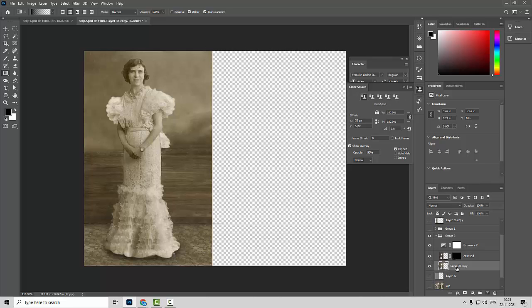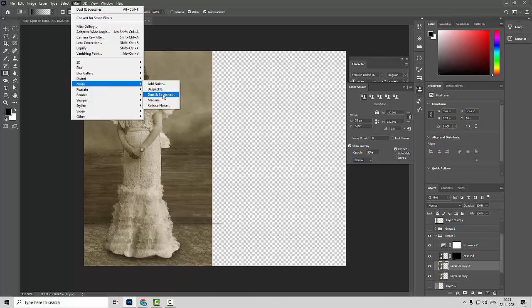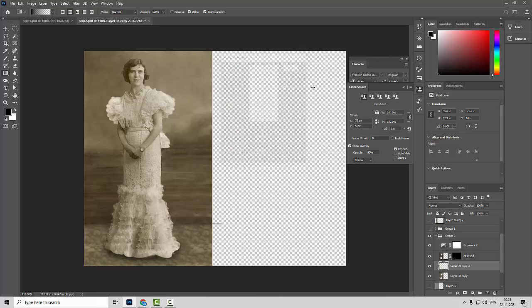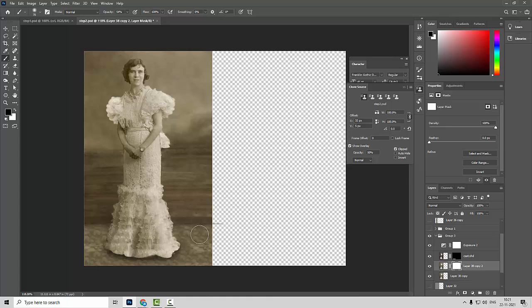I'll select this one layer and press Ctrl J, then go to Filter, Noise, and apply Dust and Scratches. Here you can see, if I increase it, the background imagery or something like this is going to blur, but I'm going to select these options and make a mask over here, and the area I want to keep in sharp edges, I'll simply select this brush tool and give one exposure on that particular area.